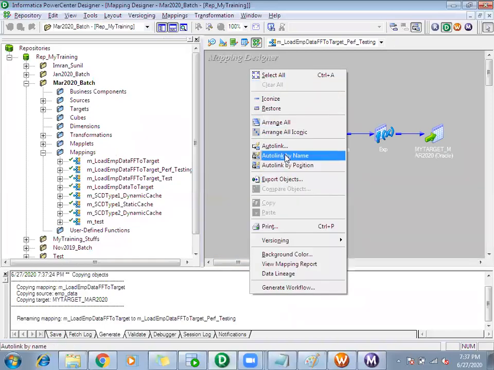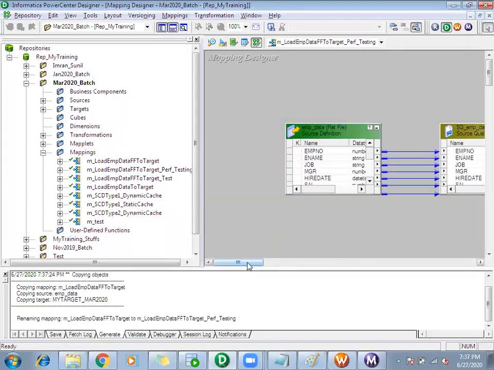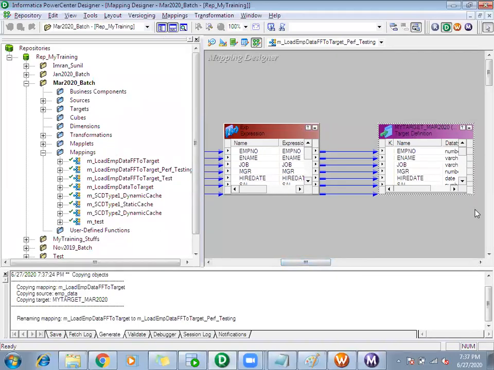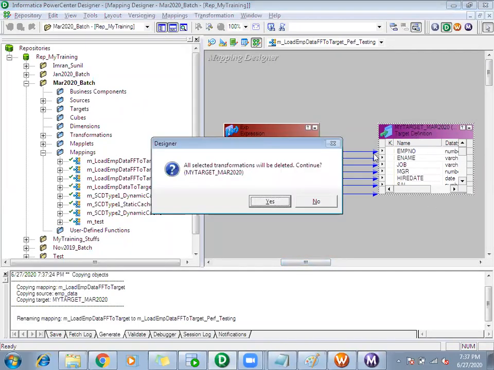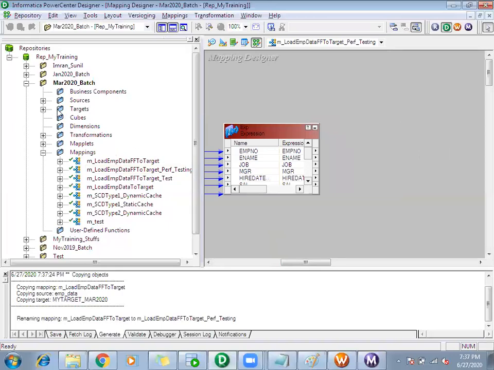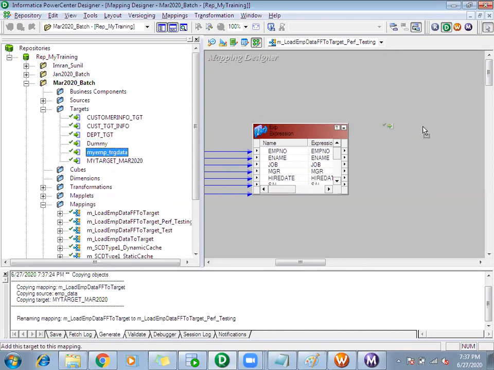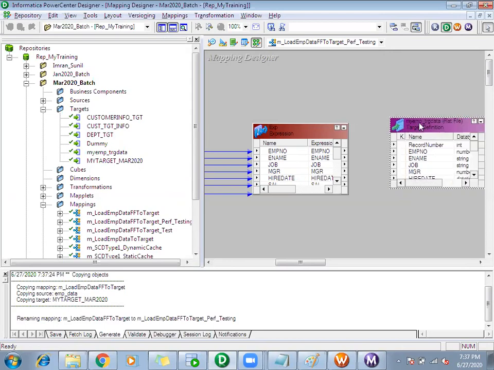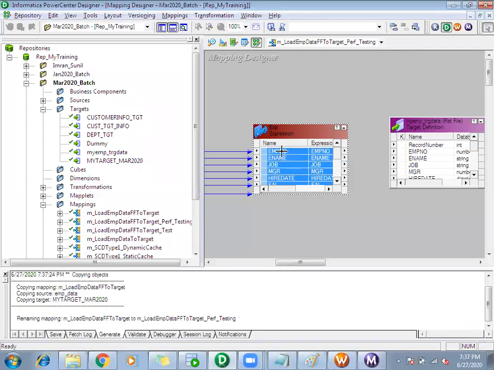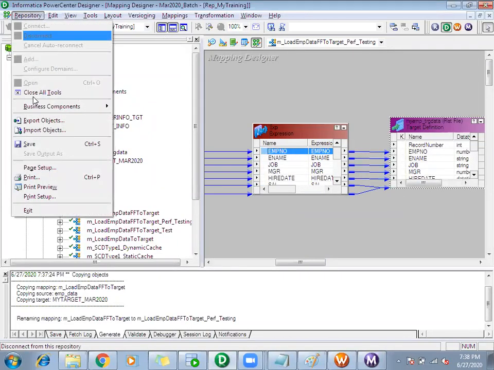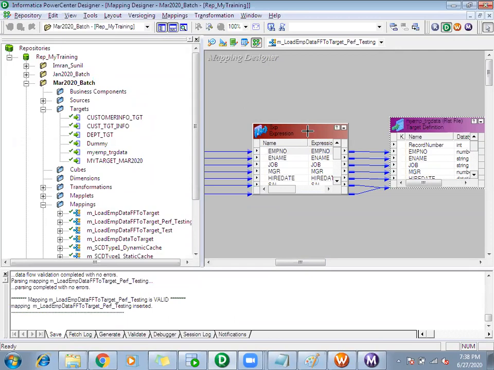So in this mapping, what you will do is replace this target, which is a table, with this. You will create the same target, the same structure of the table, as a flat file. Okay, now this is my target flat file. The structure of the table and this flat file are the same. So you will create a similar target, which will be a flat file, then load the data to that flat file here. Okay, so this is your second mapping, the test mapping.